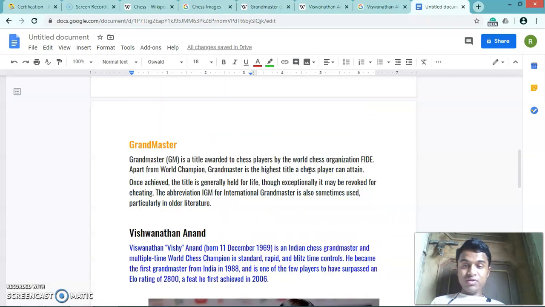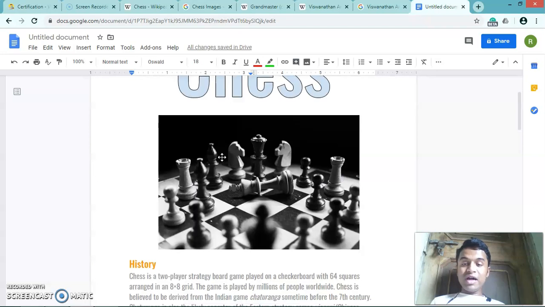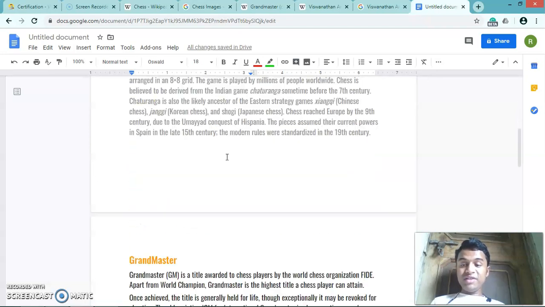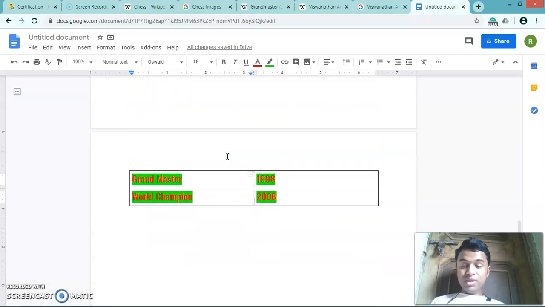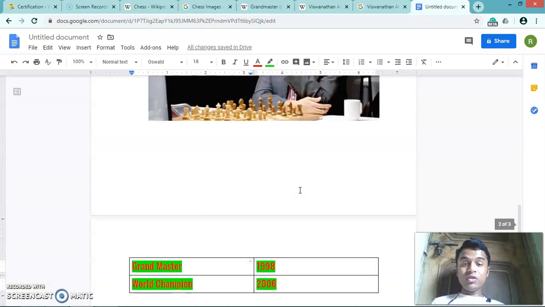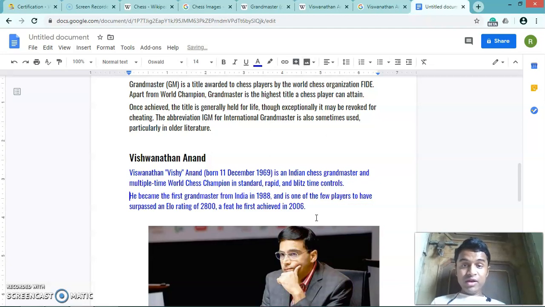Similarly, you can do rest of the things, guys. So this was all about including an image, working on word art, resizing, formatting of text, then resizing the images, making of tables, highlighting of entries in the table. You can also make bullet points of this if you wish, so I will show you by making some bullet points. If I click enter over here, and if I select this,